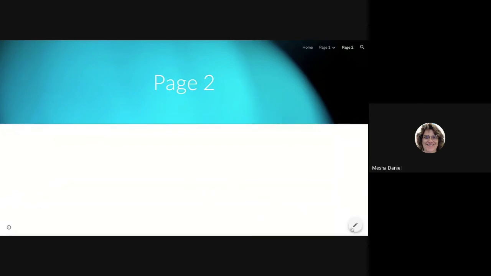And you see this little pencil down here? That means it says, hey, you are allowed to edit it. Only you will see this pencil. Your students will not see it. Anybody who has view access to the site, who is seeing the published site, will not see it. It's showing this to me because I'm the one who created the site and I am the author of this site. So that's why I see it, okay? So I'm going to go ahead and go back into edit, so I can show you a couple more settings that you might want to look at,